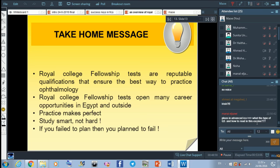The old method of assessment, as Dr. Ahmed said, had a negative mark if you answered a question wrongly, and a certainty level of knowledge. This was the old method. Now the EMQ is a paragraph with missing parts, and options A, B, C, and you match between the missing part in the paragraph and the multiple choices, and write the answer in a sheet like any ICO exam, basic or clinical science, the same answer sheet. But it is a really difficult exam, and the advantage of it is to have a fellowship